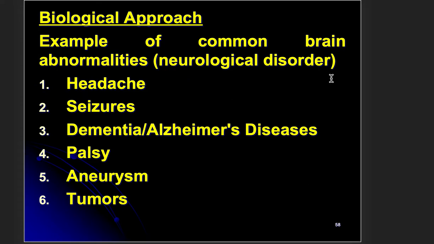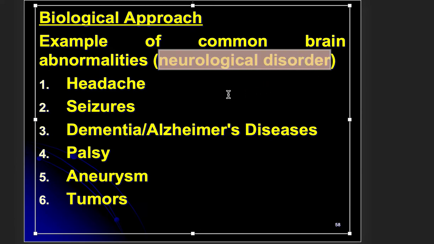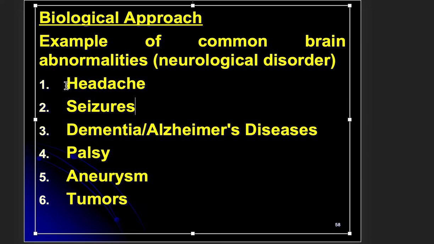According to the book, there are examples of common brain abnormalities. They're also known as neurological disorder. So, it could be from very simple to complicated brain abnormalities. According to the biological theorists, even a headache is a brain abnormality. Probably, sa pag-process niya sa information, adunay problema. Even migraine, until now, dili pa matugkad kung unsa ang cause niya.